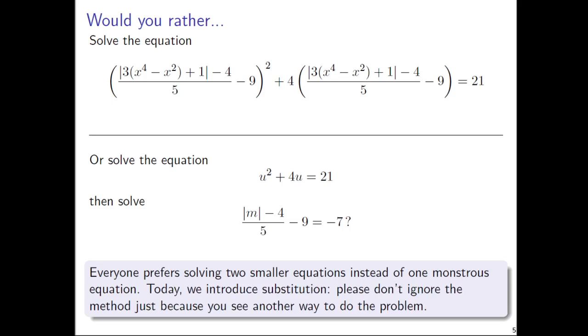Today, what we're going to do is introduce this method called substitution. It's going to be really tempting to ignore this new method just because you see another way to do the problem. Please don't do this. We will need this method of substitution to build up to solve larger problems like the one you see at the top of the slide. But if we don't try this method on smaller problems first, there's no way to just jump into this on the big problems. So